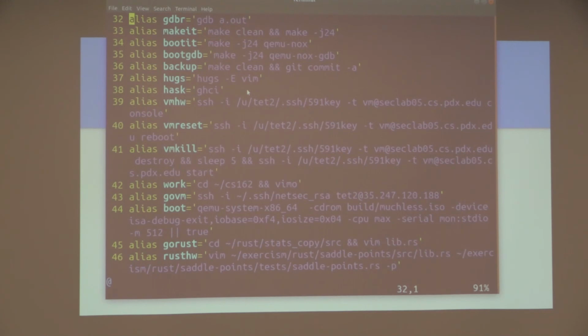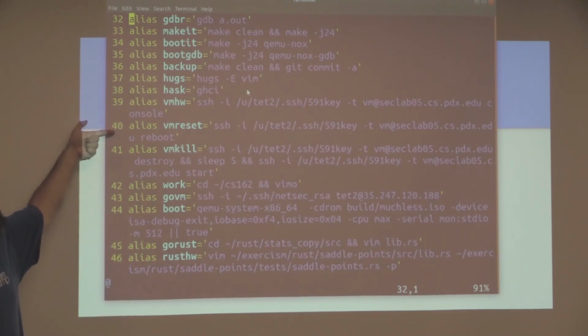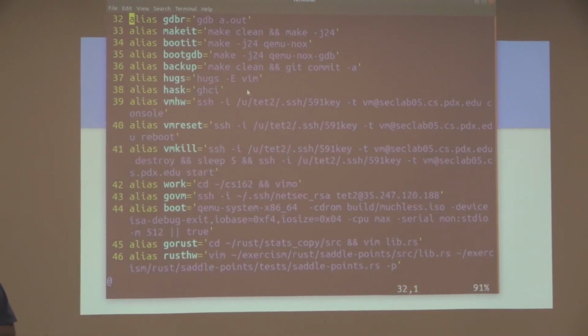So this is why it's very important. Also, sometimes the VM would break. So I had two aliases that would do slightly different things. So depending on what you need, when you're doing your classes, you're going to see yourself repeating certain phrases, certain commands.